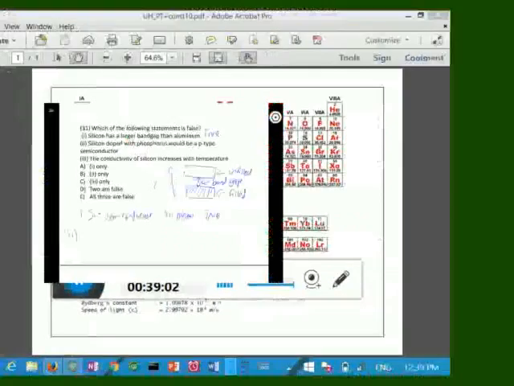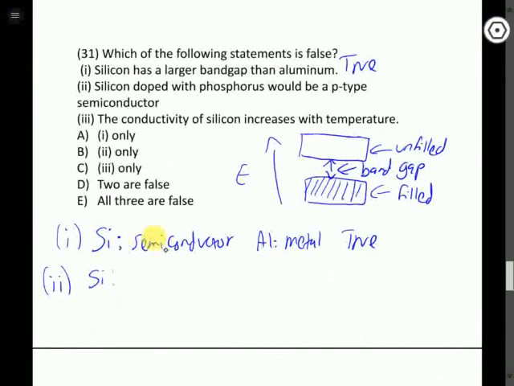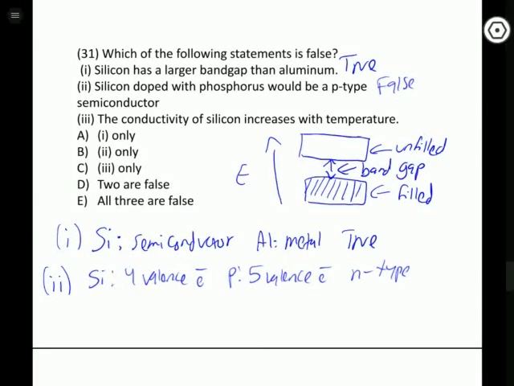So in phosphorus-doped silicon, we have 4 valence electrons in silicon, and then our dopant has 5. So if we're doping in extra valence electrons, this would be an n-type. So this one is going to be false, because that type of doping would be n-type doping. We're putting in extra valence electrons, so know the difference between p-type and n-type. And then finally,